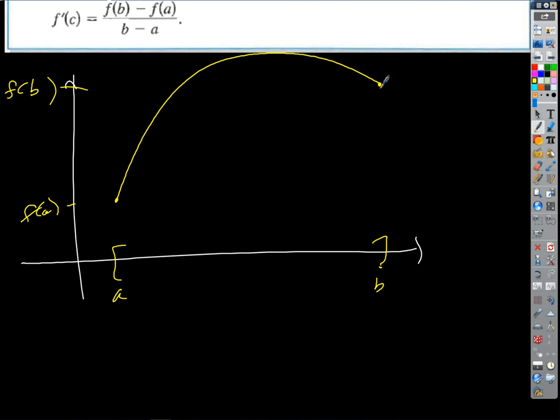What do you think? There is going to be a point along that line that we just drew straight in between the points where the derivative is going to be the same slope as that line. Okay, that's it, right? So the slope of the secant line, what's a secant line in math? Right, a secant line is just a line that connects a function in two distinct places. So presumably this function is defined outside of our closed interval, but we're only interested between the endpoints A and B, right? So if we connect those with a secant line,